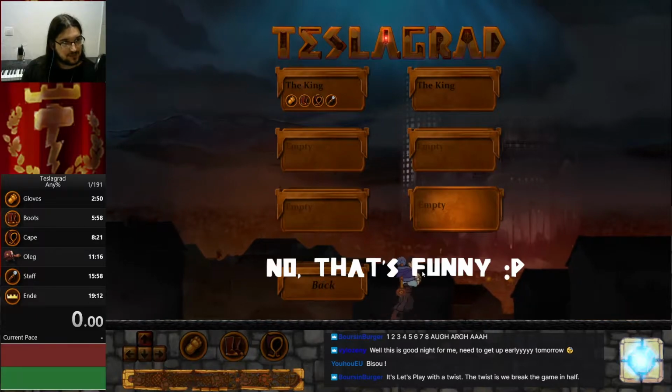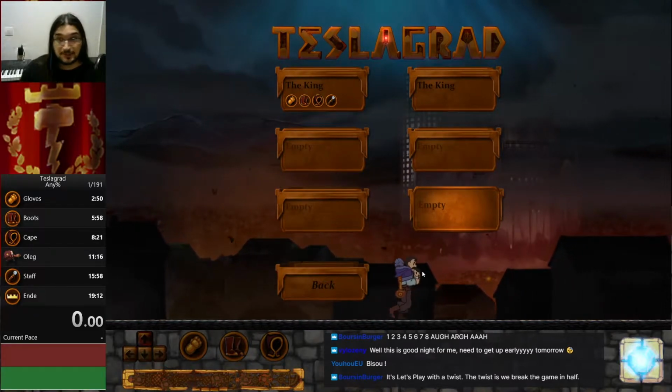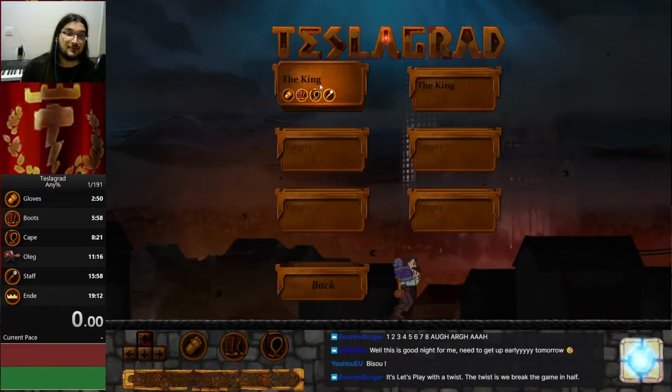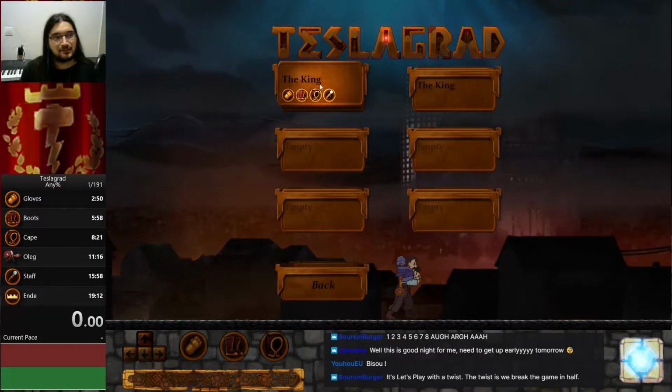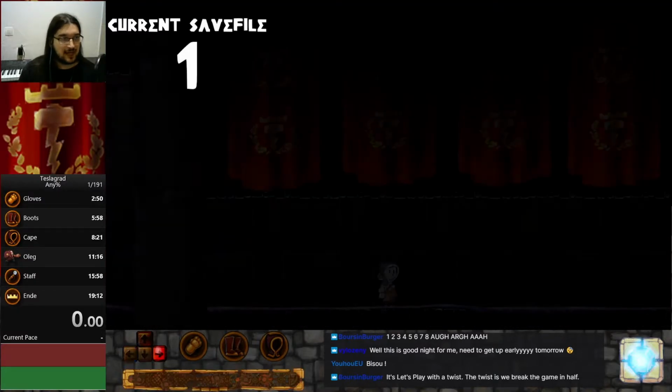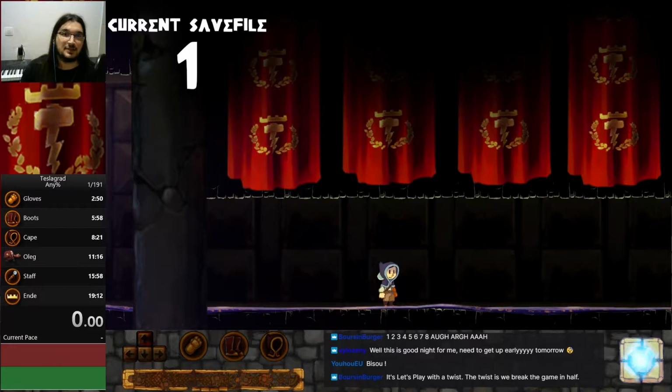Okay. So if you watch at the bottom of the screen, I will try to move during the fade to black to try to change my save file, but it won't be possible. So here, I can try to do anything. I cannot interfere with that process. So once we are in the game,